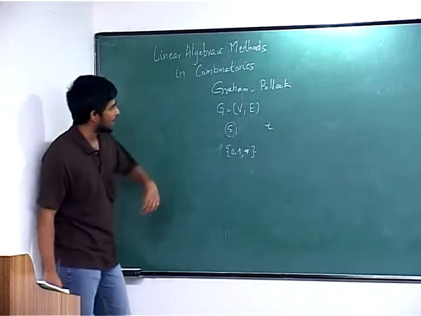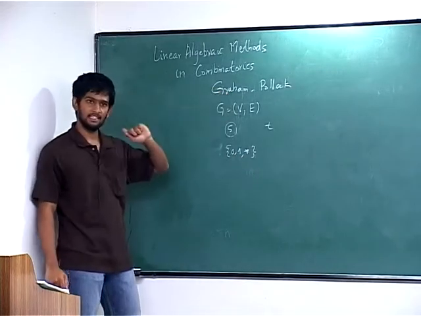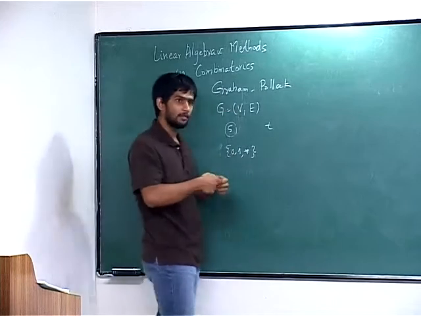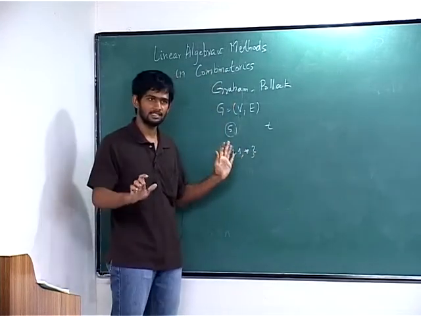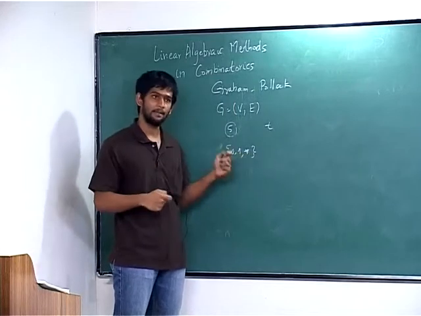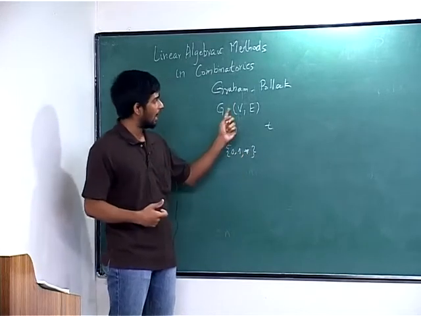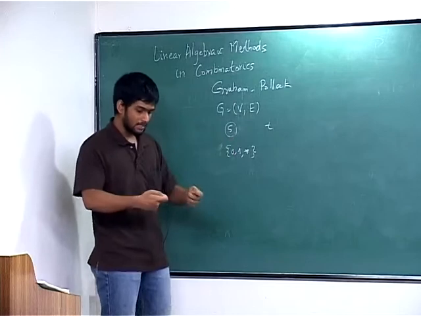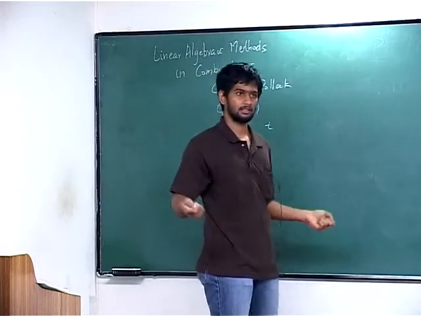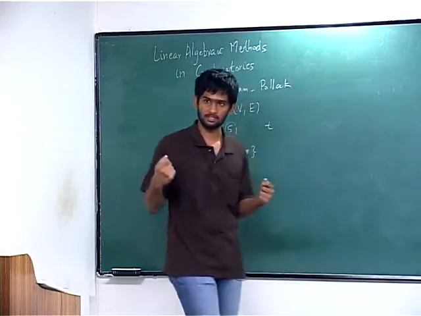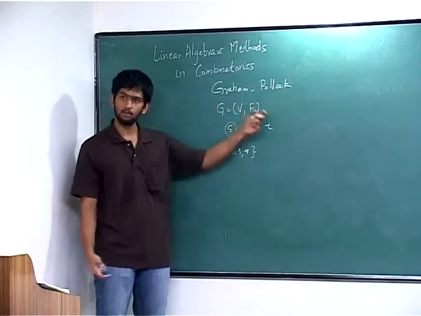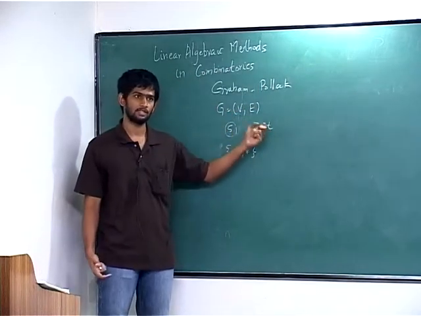Now the idea is to assign these addresses in such a way that I'll define some sort of a modified Hamming distance on these things. So when it is a star, you don't know what the Hamming distance is, but somehow if I define a Hamming distance in such a way that it gives me the length of the shortest path, say. Okay, the Hamming distance between any two vertices is going to give me the shortest path. Then is it clear that I can do this sort of shortest path walk?